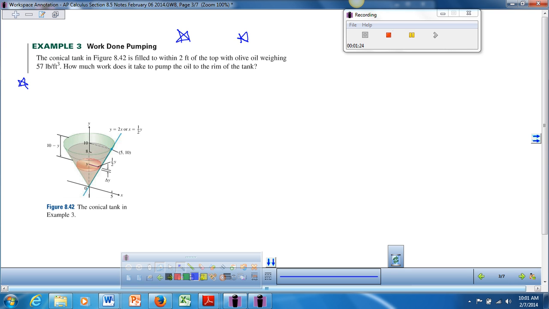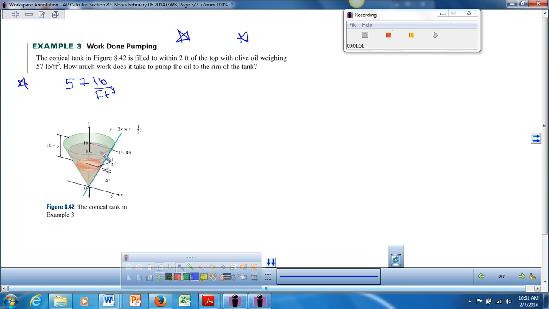is filled to within 2 feet of the top with olive oil, weighing 57 pounds per foot cubed. Alright, so right there, they're saying it weighs 57 pounds per foot cubed. Well, the unit of force is pound. So this is not our unit of force quite yet. We need to think about how we will use this to get to our unit of force. And then it says, how much work does it take to pump the oil to the rim